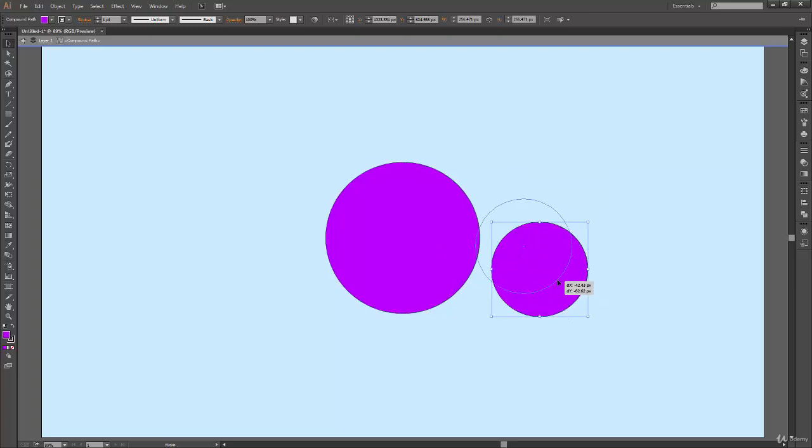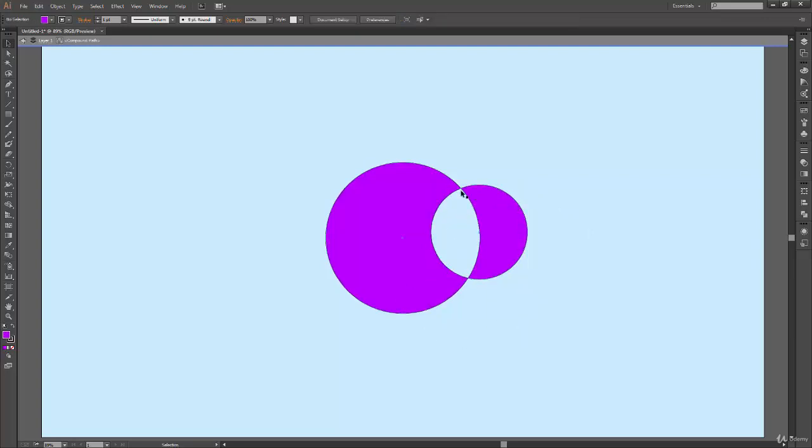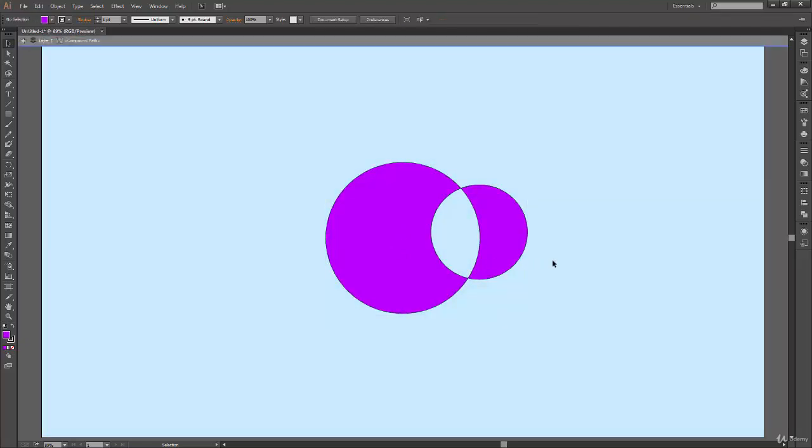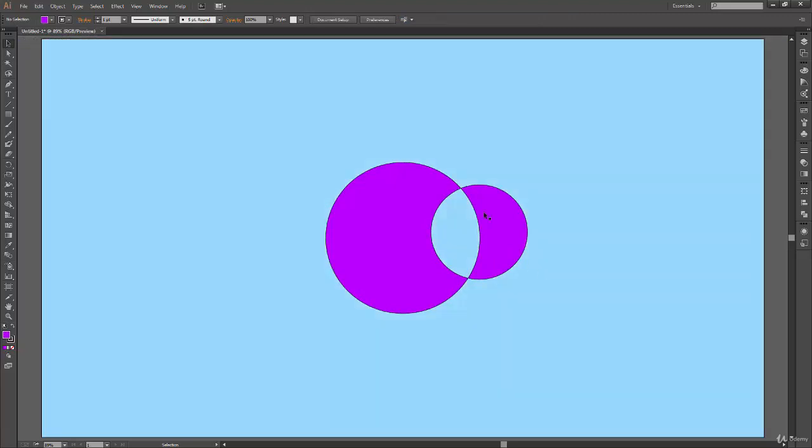Now what I want to show you here is, if I merge them or intersect them at a particular point, you can see that the part which was intersected between these two shapes is lost. This is an empty area. I can see my background color through it. Even if I double click on this or right click anywhere in this center area, you can see that it shows me the general options which it shows on the canvas or anywhere on the artboard.